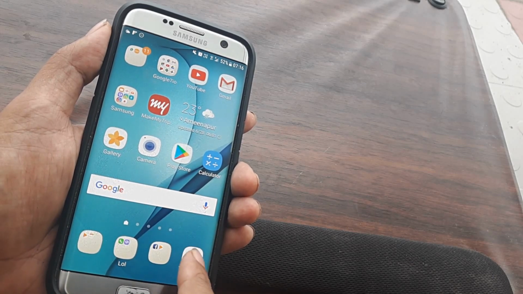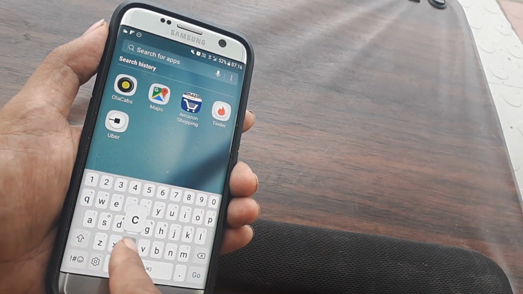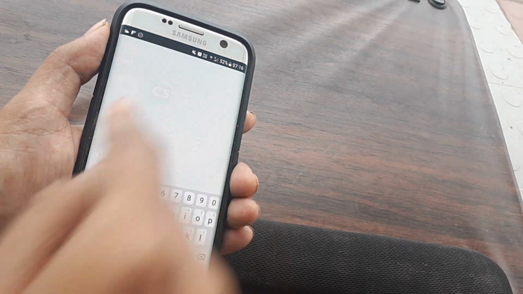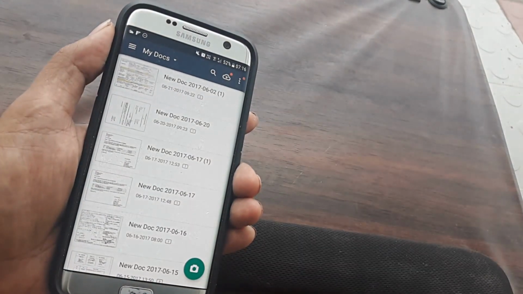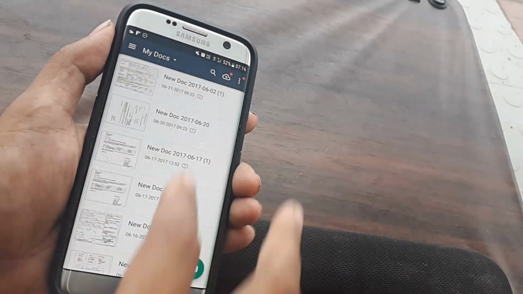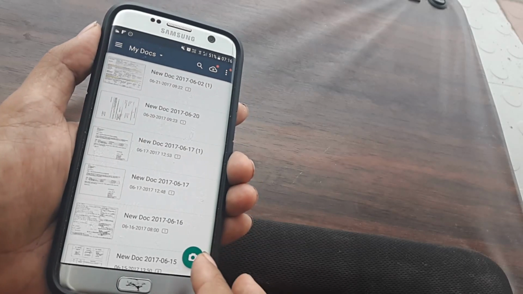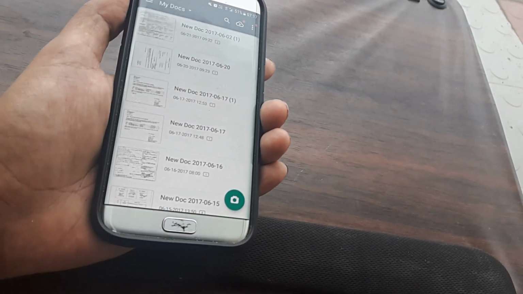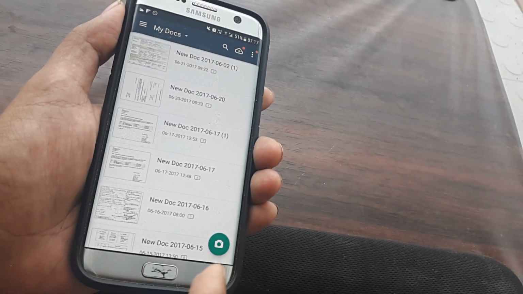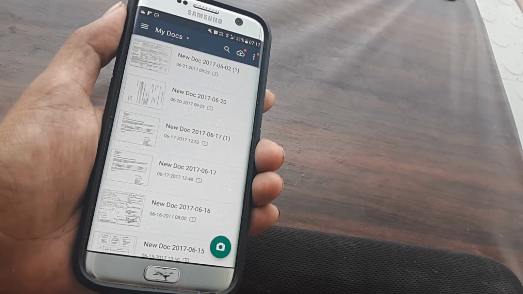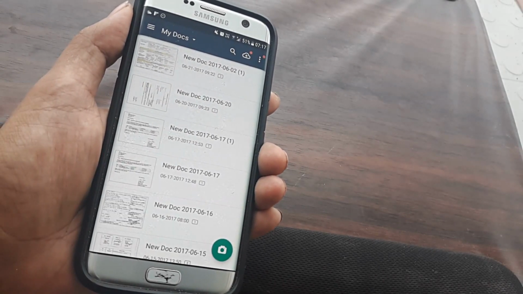Now once it's been done, you need to head towards your apps, search for that app, just type Cam, and you can see here it is. I will open it up. So presently Cam Scanner has opened up. These are a list of documents that have been scanned using this application, and this here, I will just zoom in, is the camera sign, which means that if I press this, it will actually open up the camera, which will allow me to scan any document that I decide to scan.